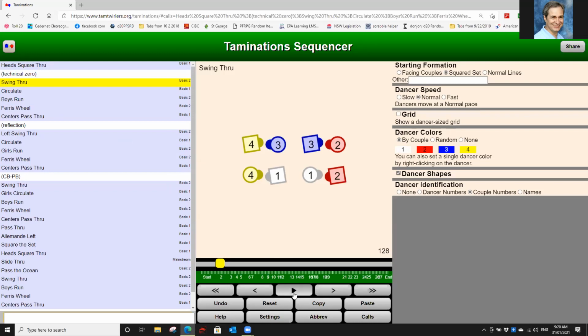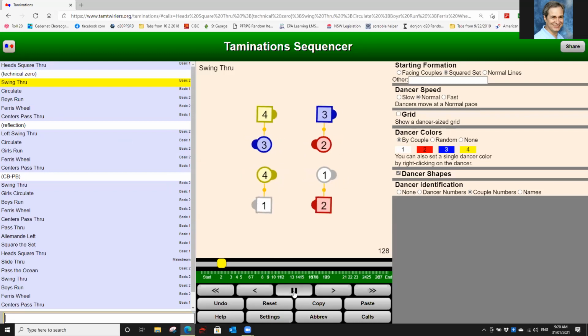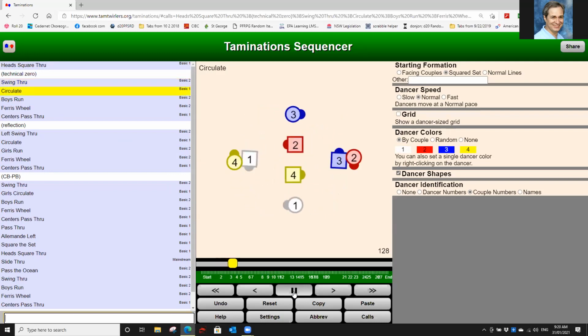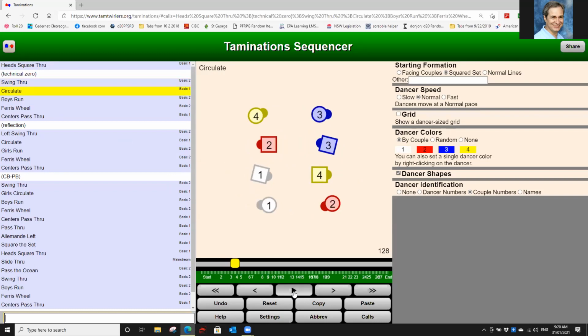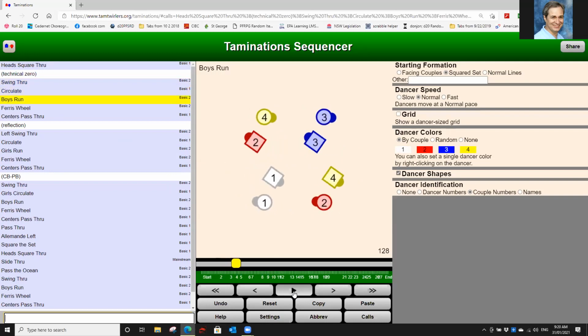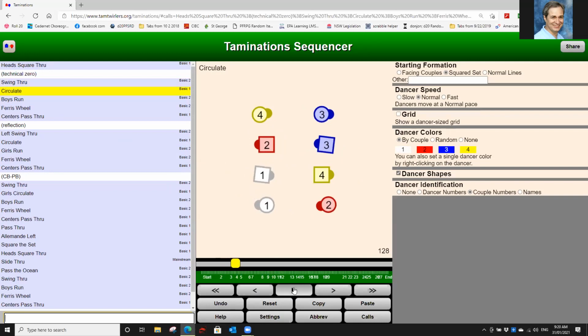So the next one then would be the technical 0. Yep. Okay, swing through. Now the key here is after we do the swing through, we do an all 8 circulate. And the all 8 circulate is performed when corners are facing the same direction. Okay, that's the key. So continue with the boys run, Ferris wheel,